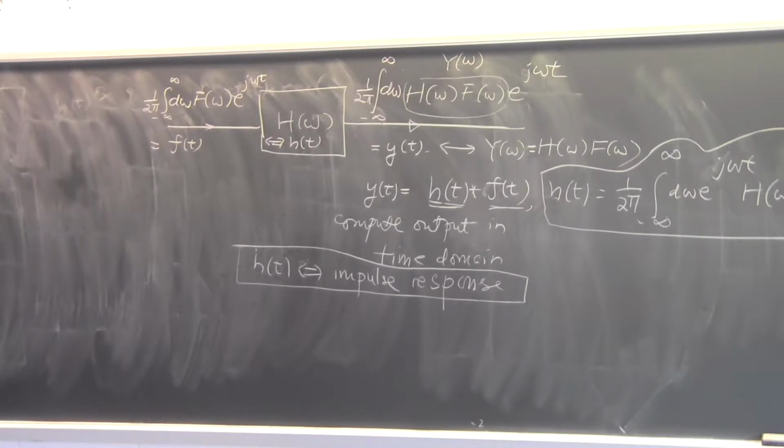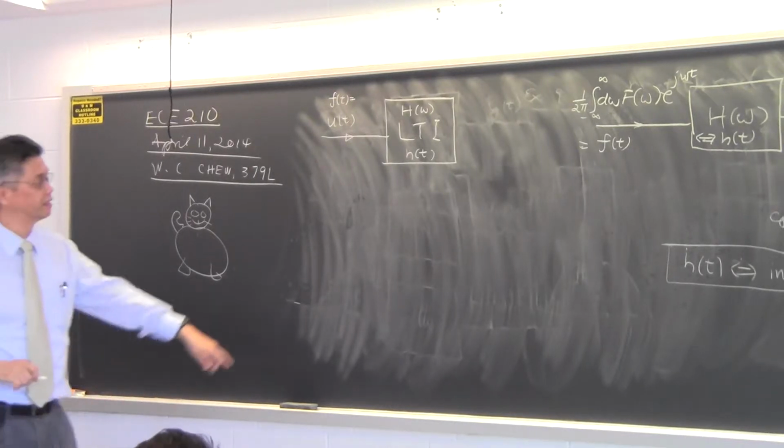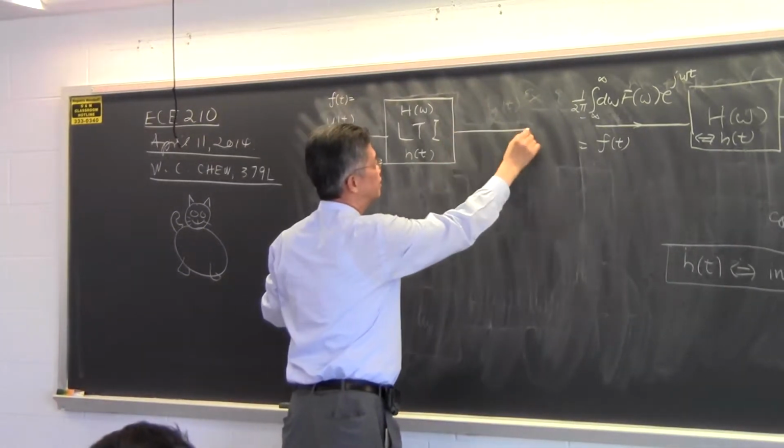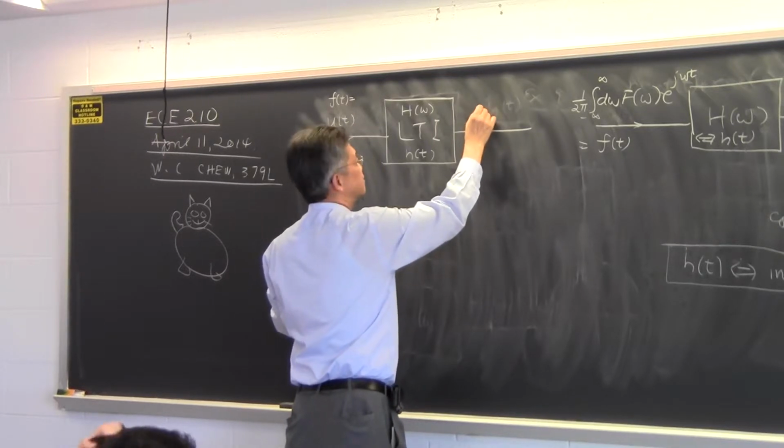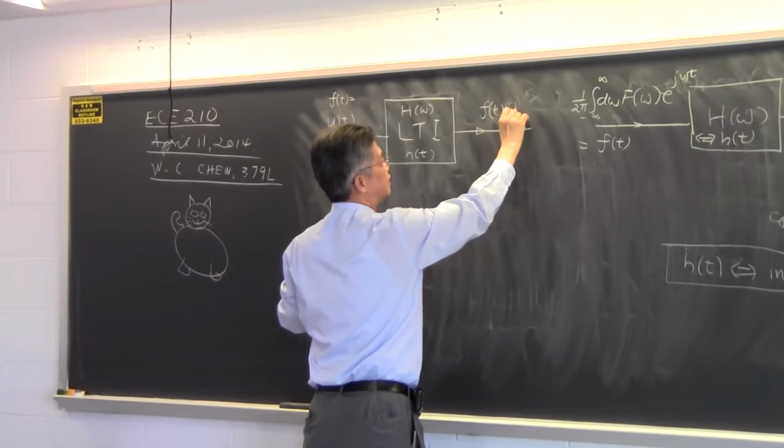Maybe I shouldn't erase this, but then if I put a unit step function into this system, my input f of t is u of t, and this system has a frequency response given by h of t in the time domain, and h of omega in the frequency domain. These two are just related by the Fourier transform. Then I know that the output is f of t convolving with h of t,